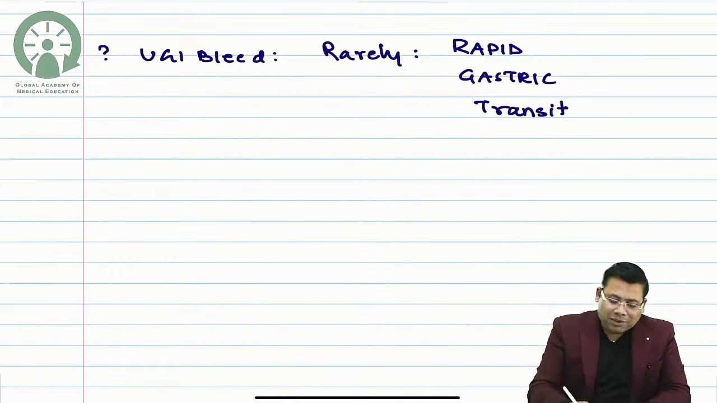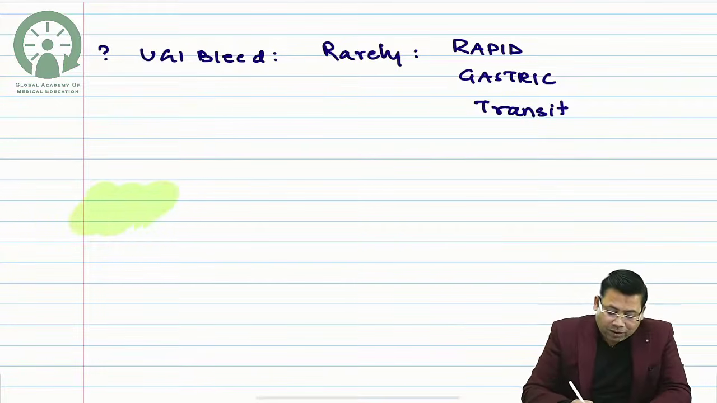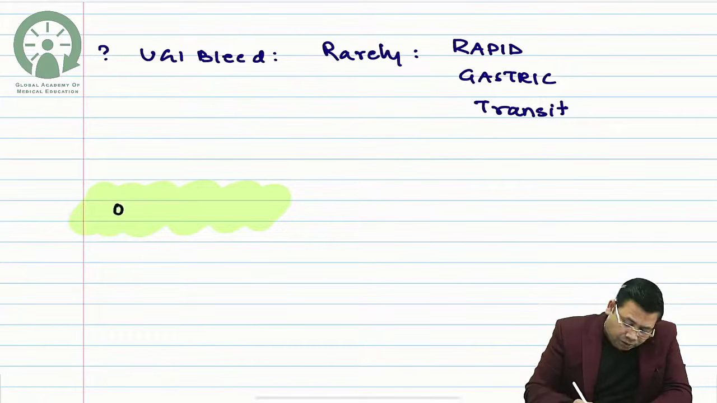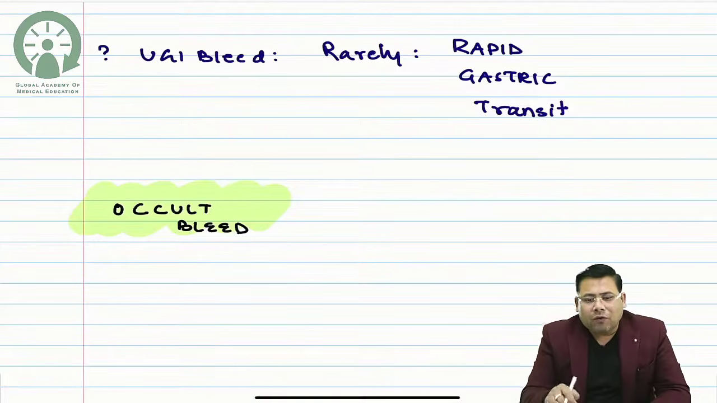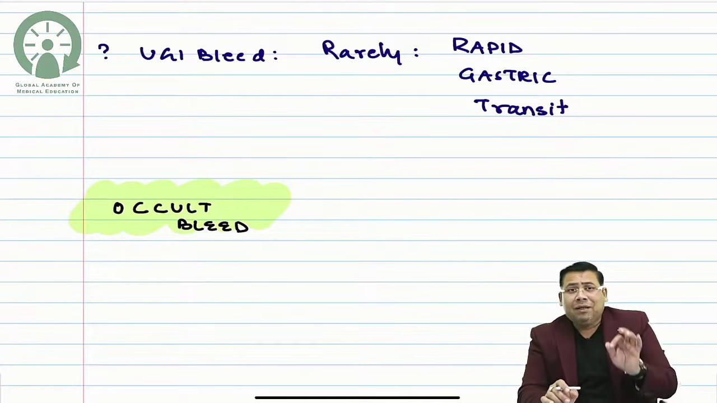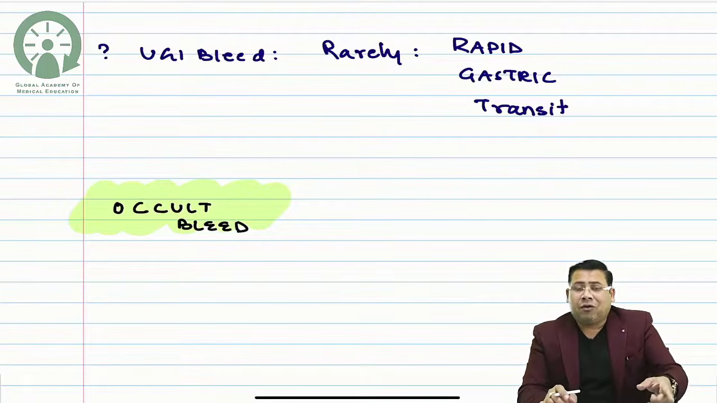Now there are two more terms that you need to understand. They are again very, very, very important. One is obscure bleeding and one is occult bleeding. Most of us know that there is something known as occult bleed. Now what is the concept of occult bleed, students? We all need to understand. Occult bleed means the source of blood loss is there, but there is no evidence of any active